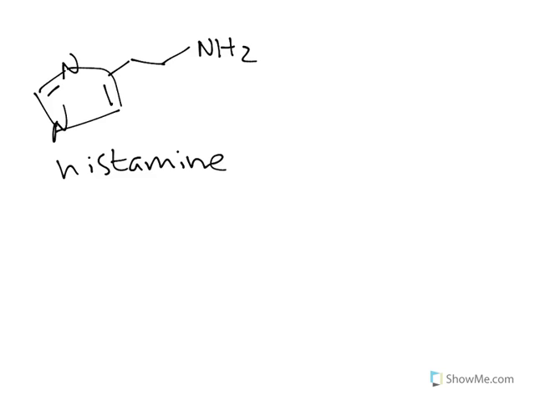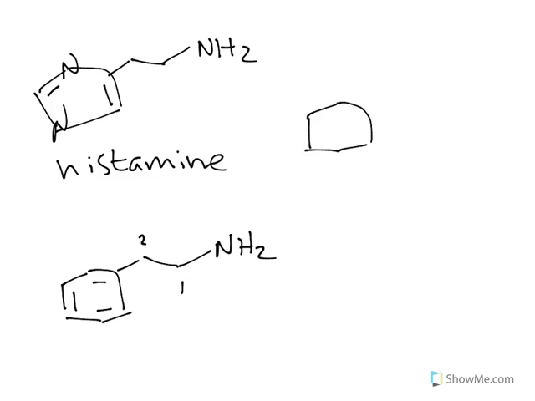Another cool amine out there is one that is based off of the following structure called a 2-phenethylamine. Here we call this 2-phenethylamine because we have the amine at carbon 1, and at carbon 2 we have the phenyl group. There's a lot of neurochemistry, or neurotransmitters, if you will, that are based off of this structure. Some that we look at are things like adrenaline,